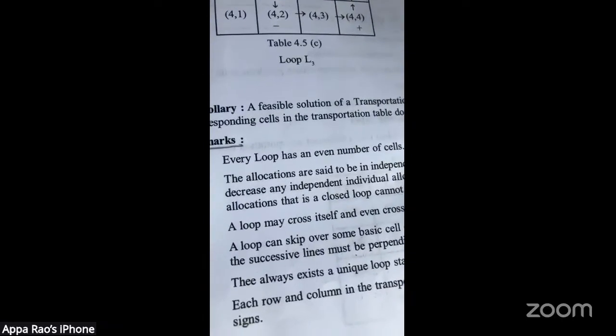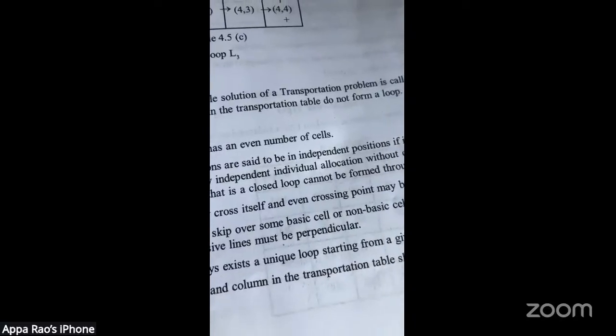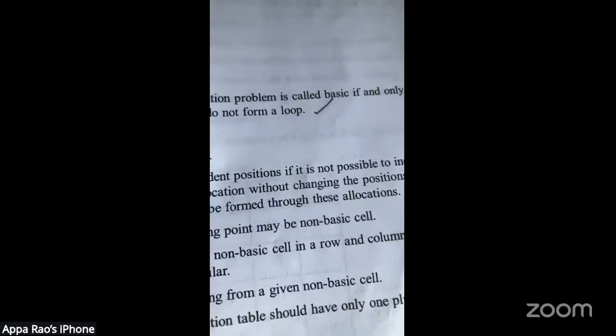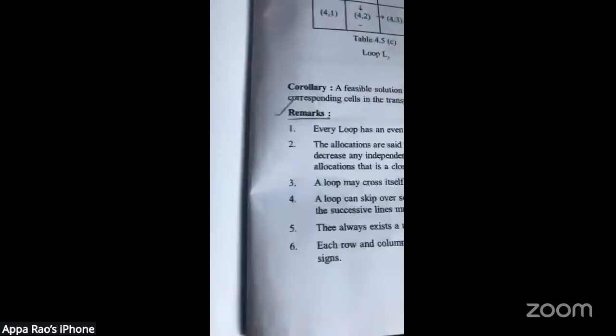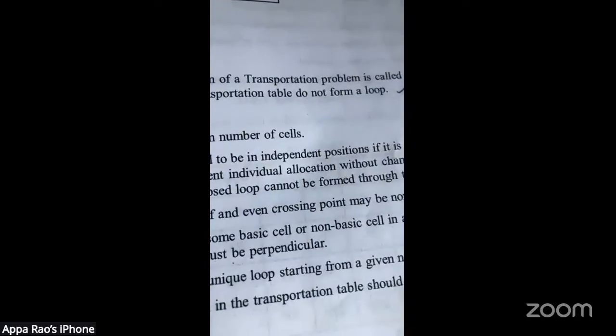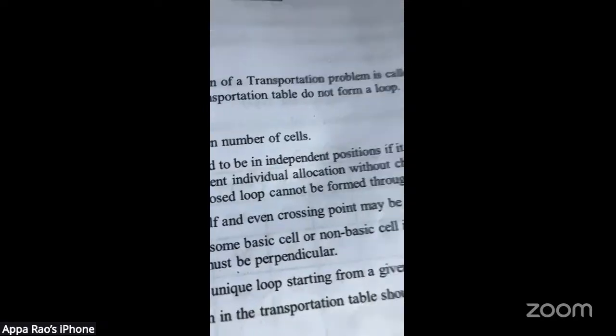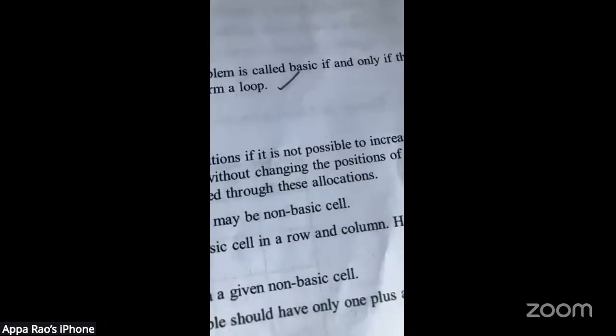The allocations are said to be in independent positions if it is not possible to increase or decrease any individual allocations without changing the position of these allocations, that is, a closed loop cannot be formed through these